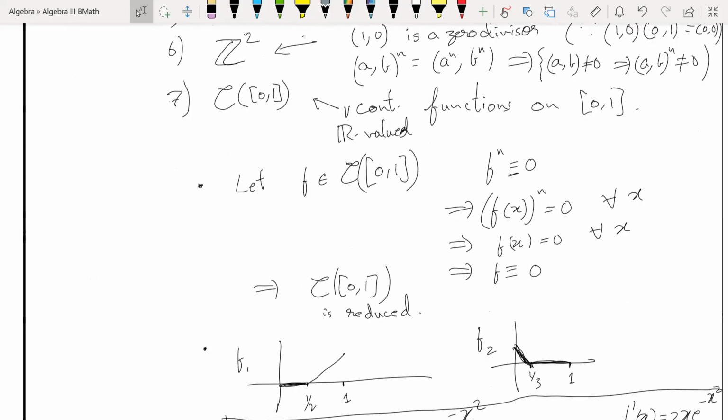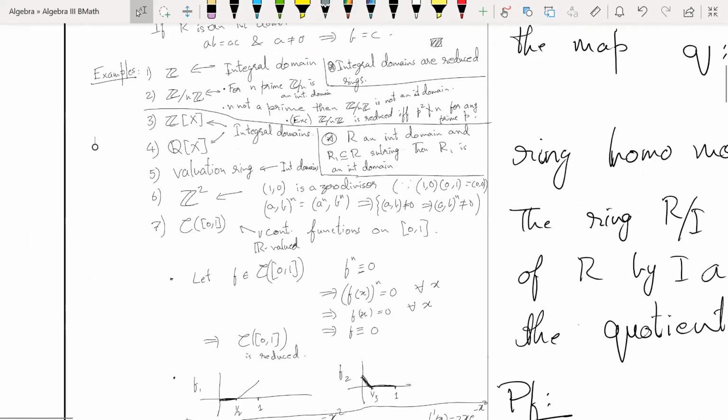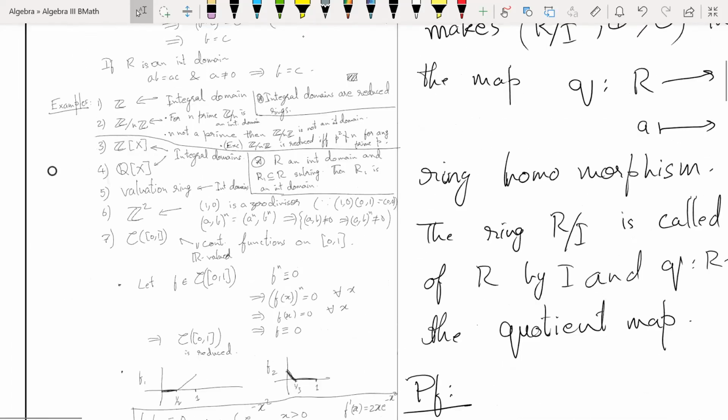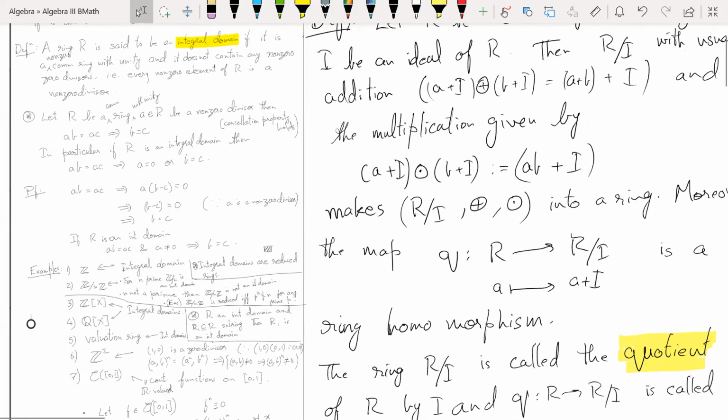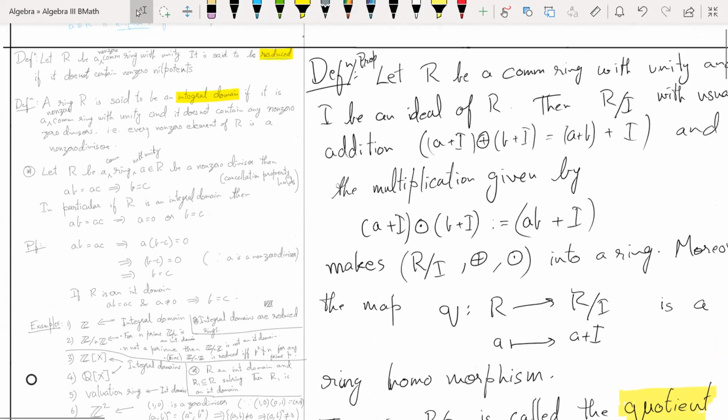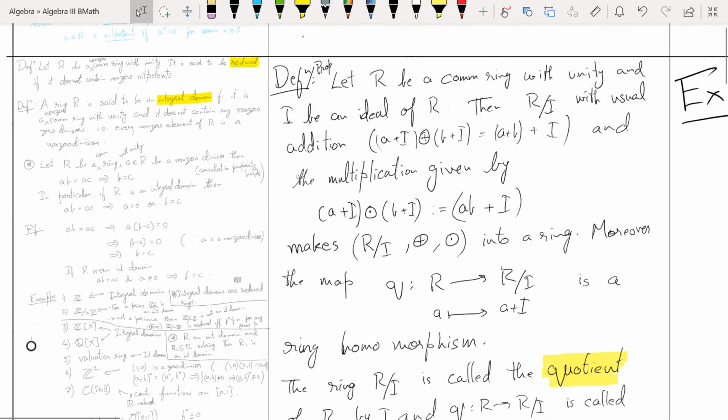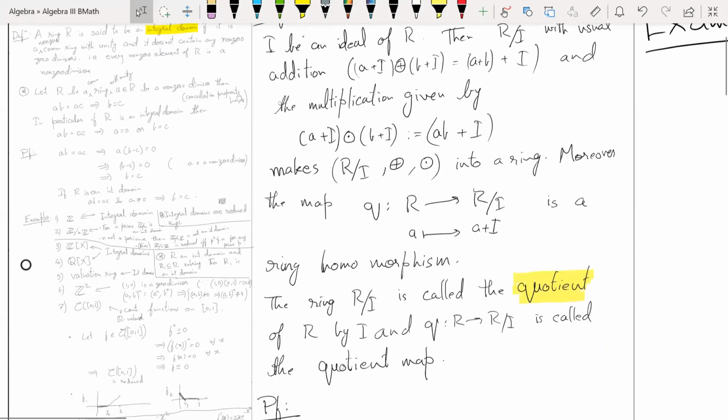Okay. So this was about reduced rings and integral domains. So let's shift our discussion to